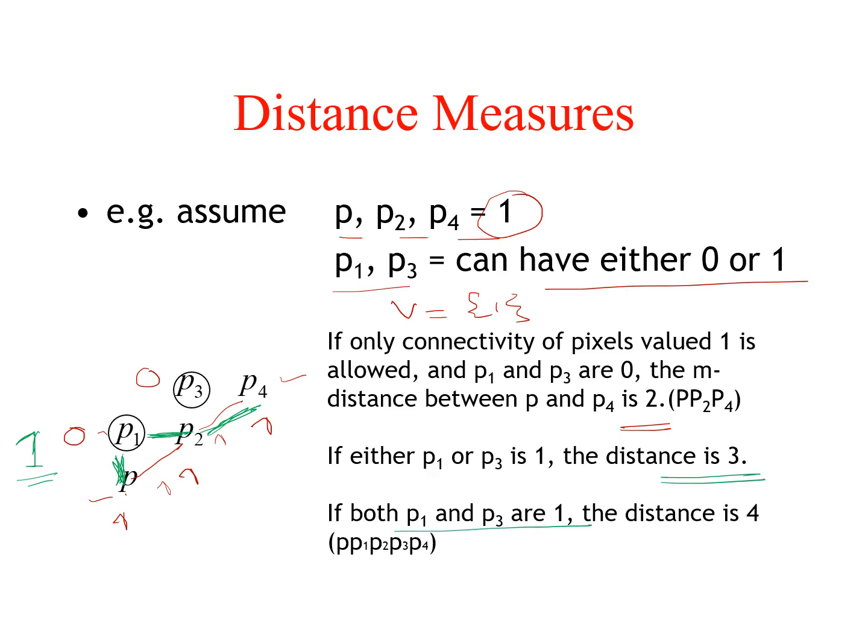Now what is the next condition? If both P1 and P3 are 1, so instead of 0 I have this 1. So what will happen now? This is true. Yes, I can connect like this, then I can connect like this. Then can I connect like this? Yes, you have to, right? First condition of M adjacency, that is true. So we are not going for the next condition. And then this is true. So this is 1, 2, 3 and 4. I am getting 4. So what I said, for M adjacency, we consider the neighborhood and we get different cost for each path. And then you can select the minimum cost path.